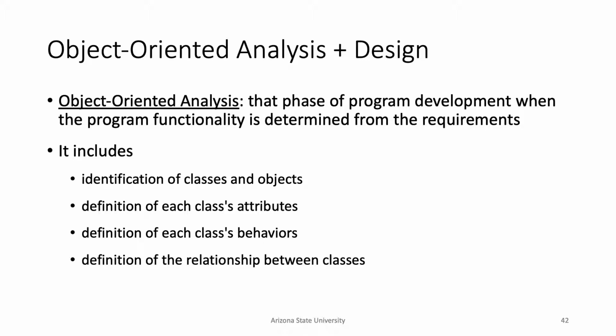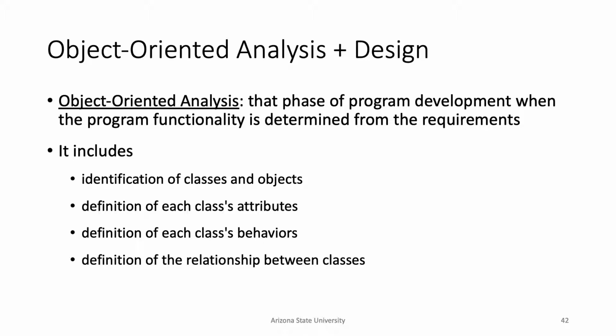Okay, so just a few slides about object-oriented stuff. The analysis part of this is when you're given requirements, you need to be able to understand and figure out, okay, I should make an object for this and an object for this, and then maybe this object is going to be a member of this object, and then maybe we're going to have some kind of hierarchy between these objects. So that's what you need to be able to think about.